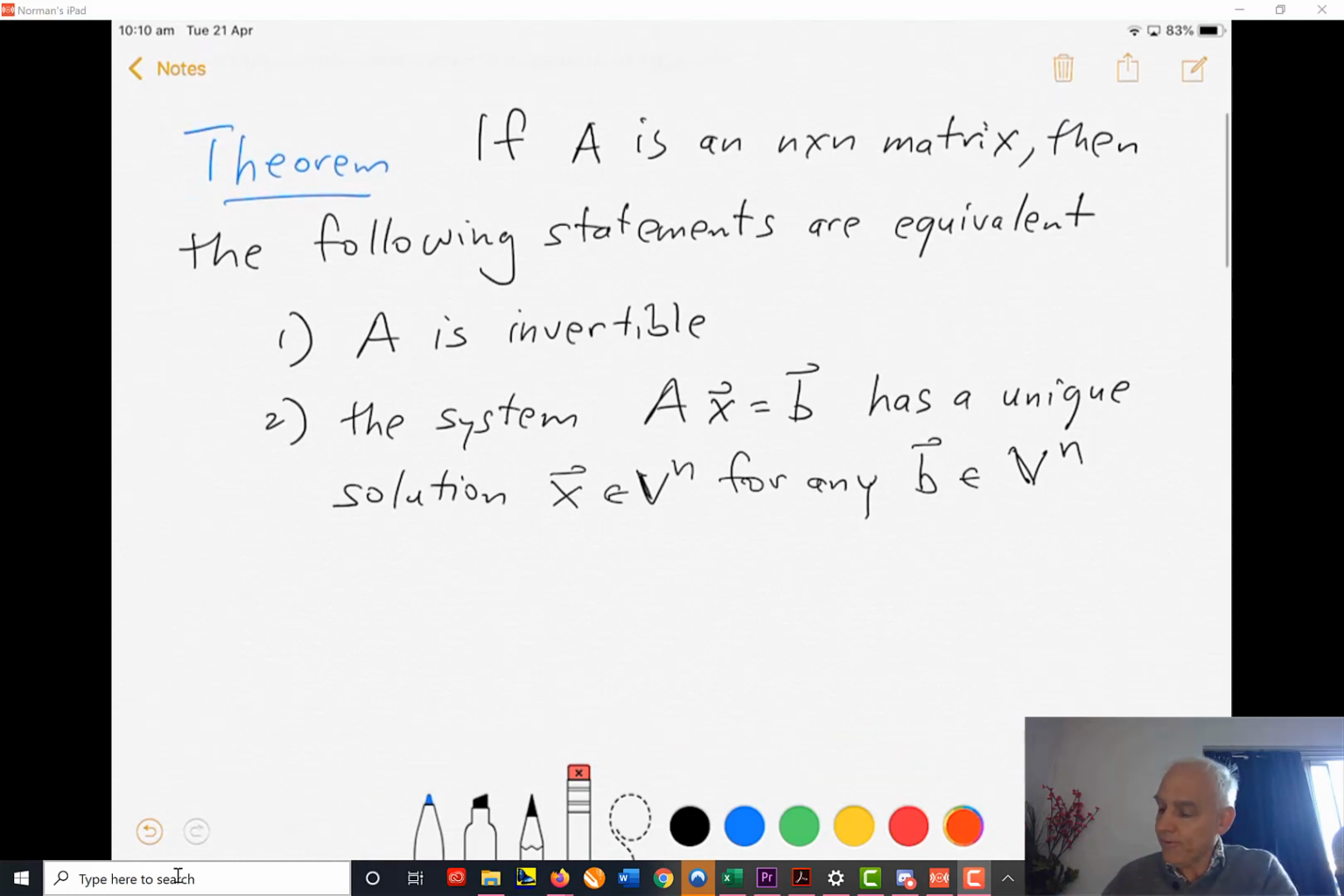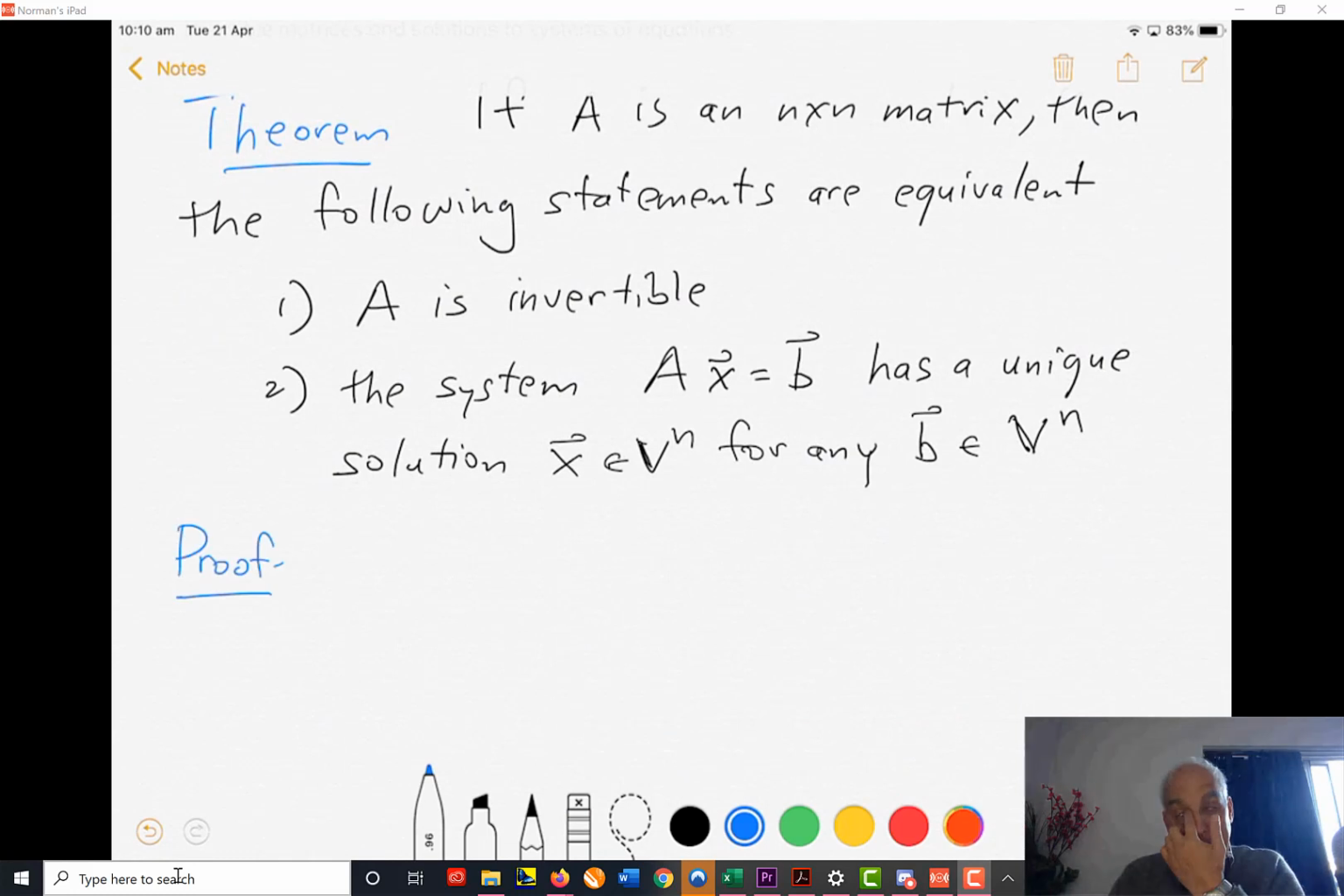So let's prove this. Proof. In this kind of setup, we have to prove two things. We have to prove that the first statement implies the second and that the second implies the first. So let's start with the first implies the second. So assume